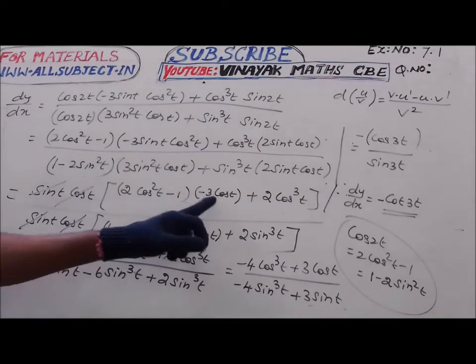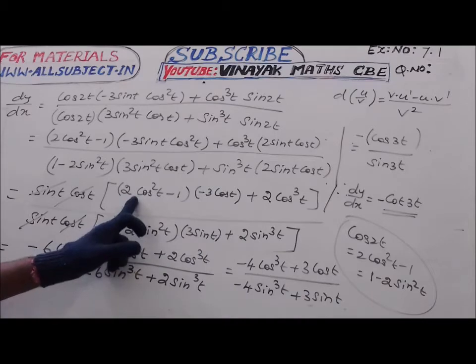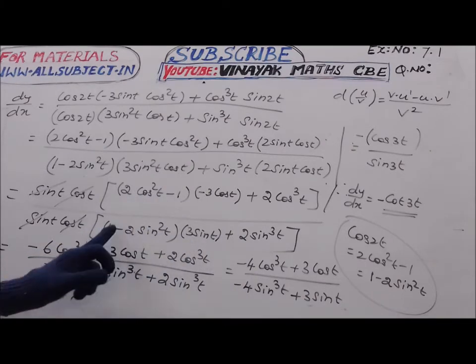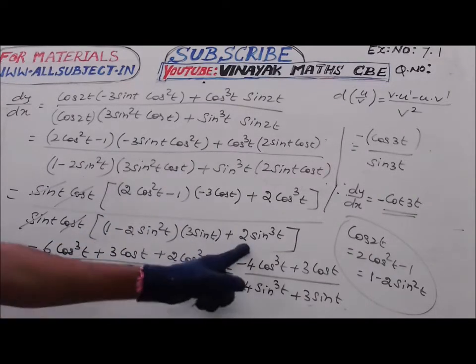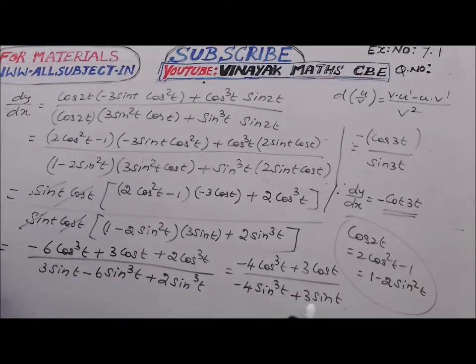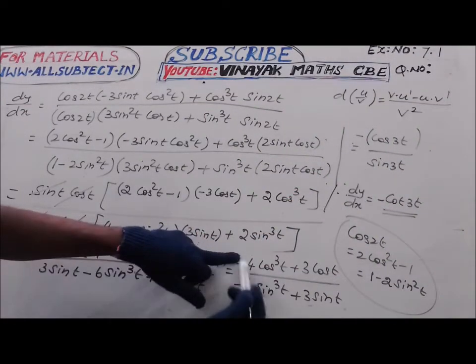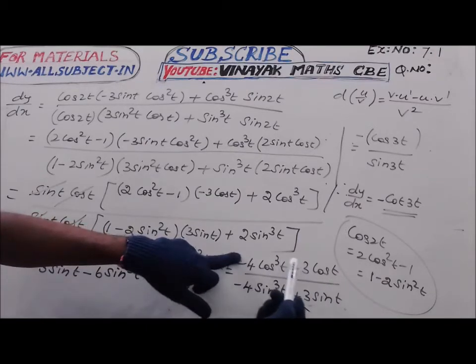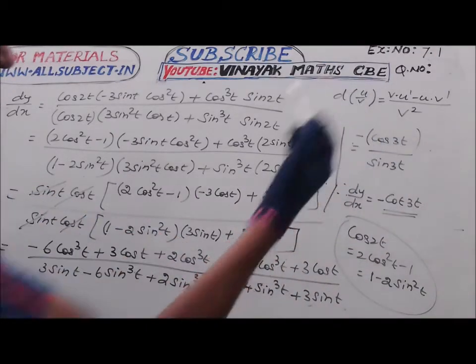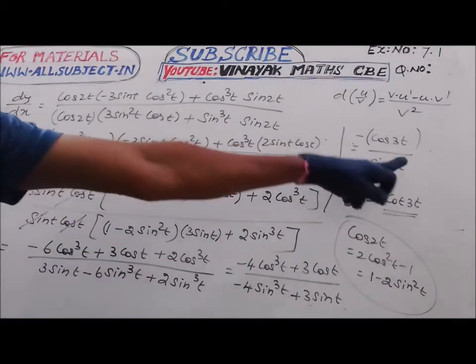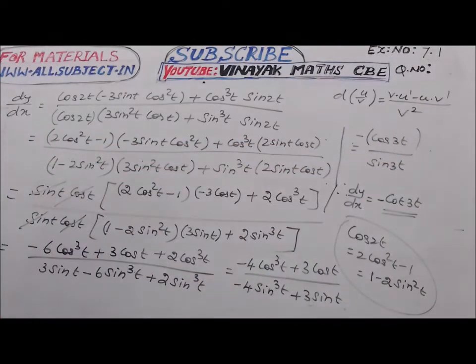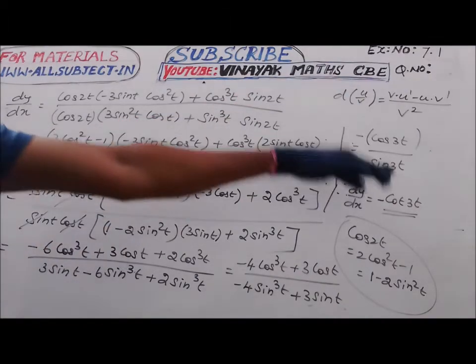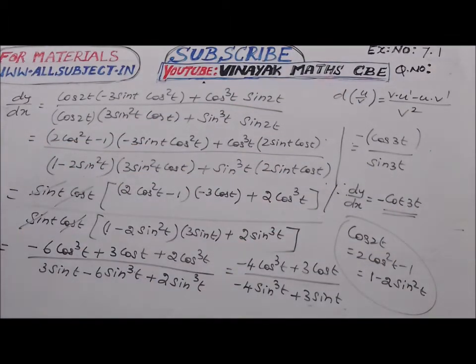The remaining terms, multiply minus 3 cos t inside here, and then multiply 3 sin t inside, then simplify, and we will get these two values. The denominator is directly equal to 3 sin t minus 4 sin cube t, that is the sin 3a formula, and then in the numerator, taking minus out common, 4 cos cube t minus 3 cos t will remain. 4 cos cube t minus 3 cos t represents the cos 3a formula, so minus of cos 3a by sin 3a, that is minus cos 3t by sin 3t. Cos by sin is cot, that is minus cot 3t.